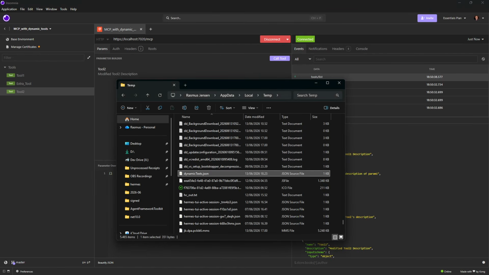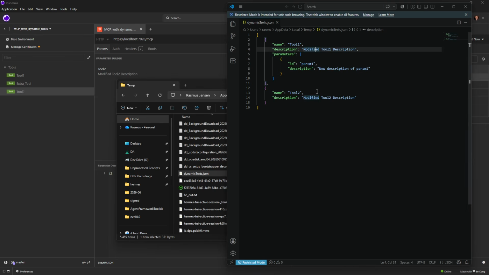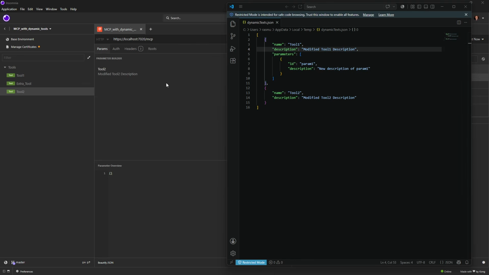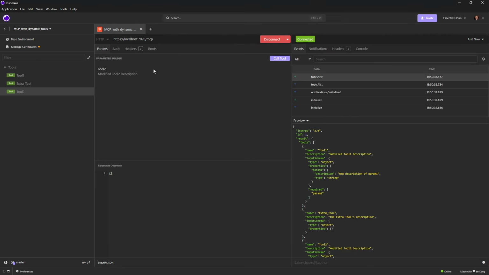But now we can go to our file here that is the one that loaded this. We can't really change it for the user right now, which is already connected, because this system will not call tool list again and again. It will only call that once during connection.